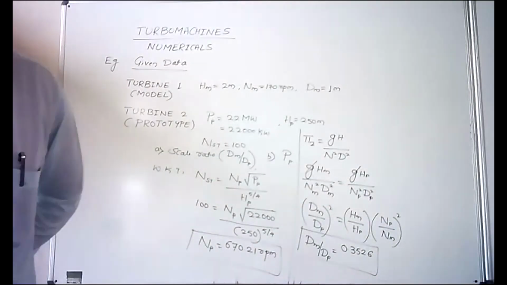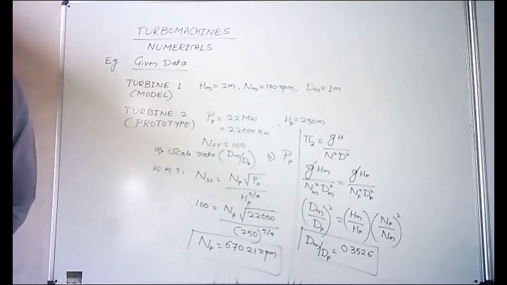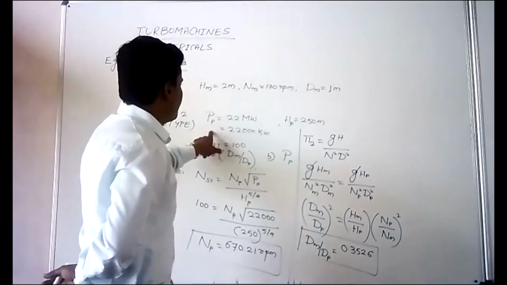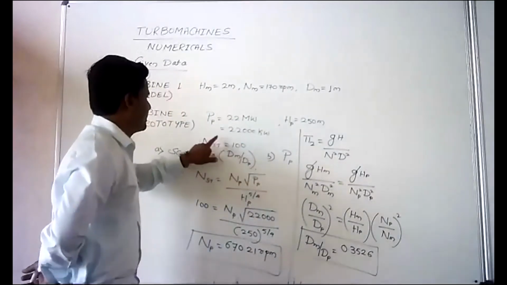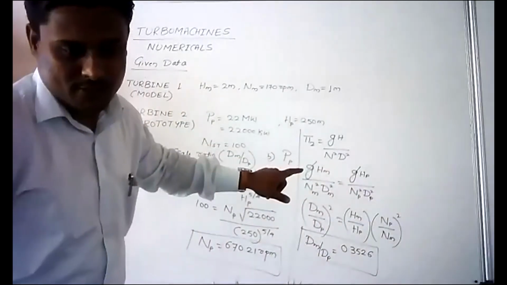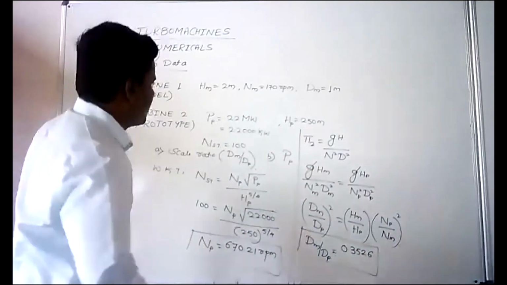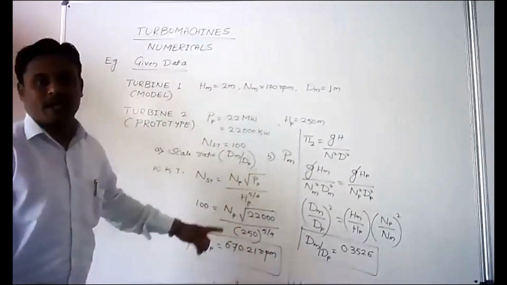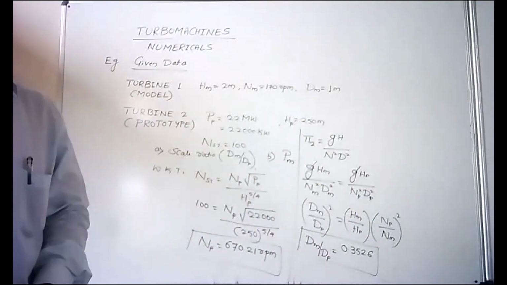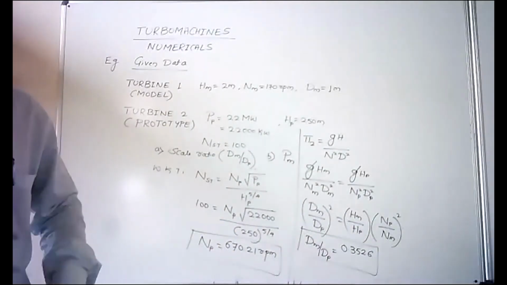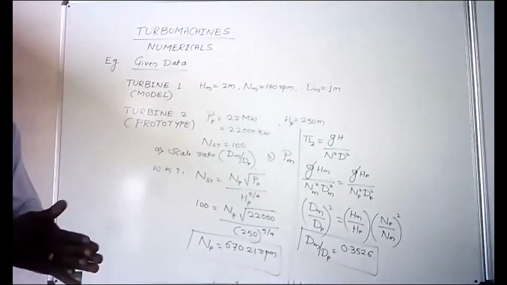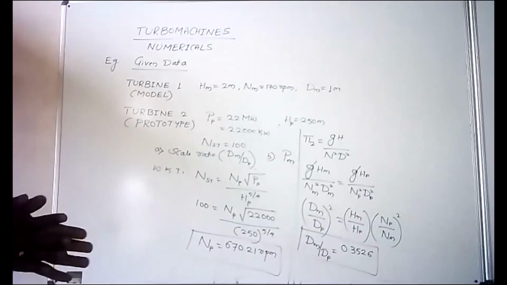Lastly, I want the value of power obtained. At last, I want the value for power obtained from the model. The model, sorry, make a correction there. We want to calculate the power obtained from the model. Use the phi term. I'll not solve. Just you have to solve and tell me the answer.